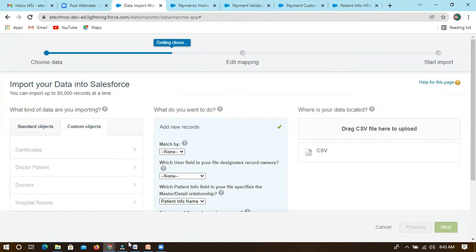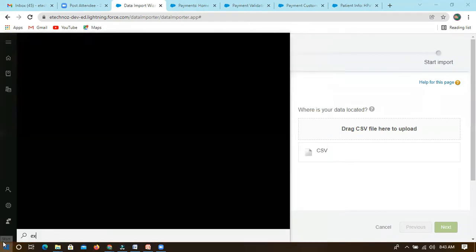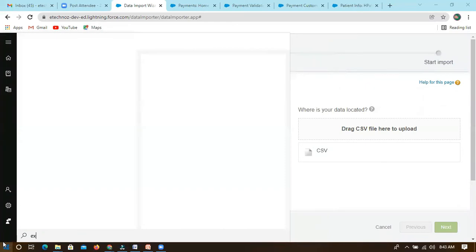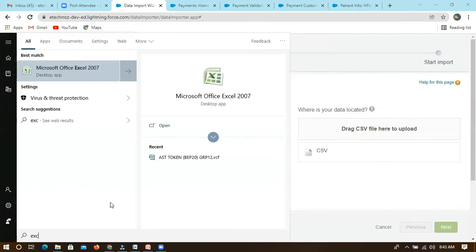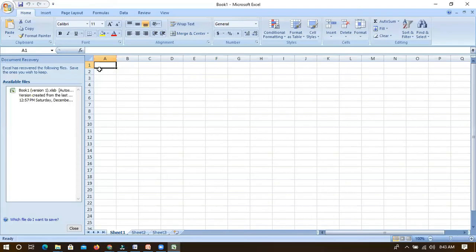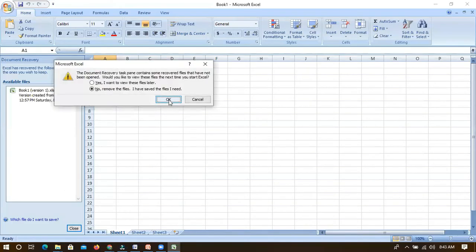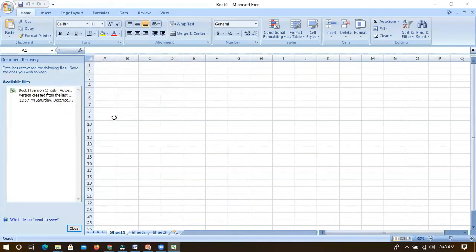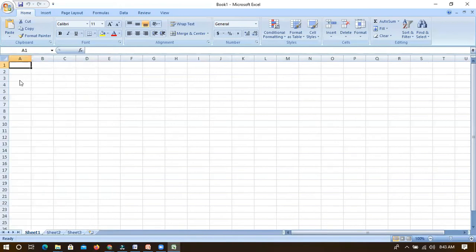What we need to do now is quickly create one Excel. Open Excel.